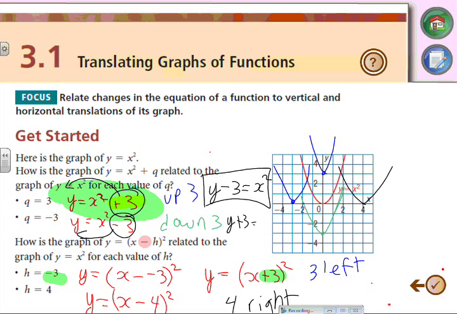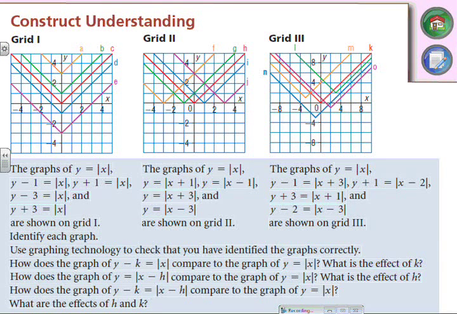Just to give you a heads up on y a little bit, anything that's talking about vertical, up and down, I'm going to move that with the y, because the y is the vertical. That's what they've done here in this question. They're now saying y minus 1, y plus 1, y minus 3, y plus 3. And if you graph each one of these, you're going to actually have to take it to y equals to be able to graph. So punching those into your calculator, you'll be able to see